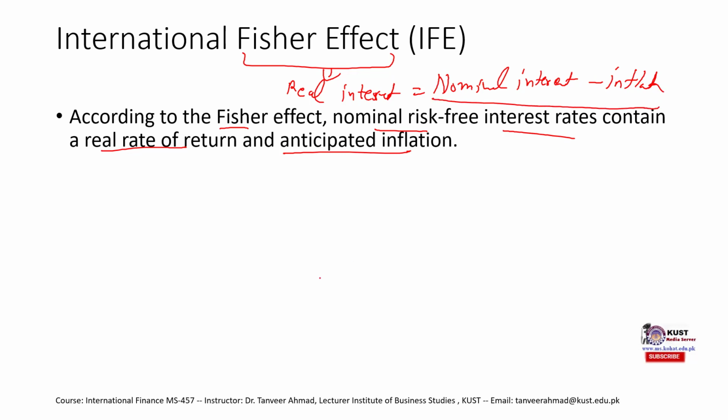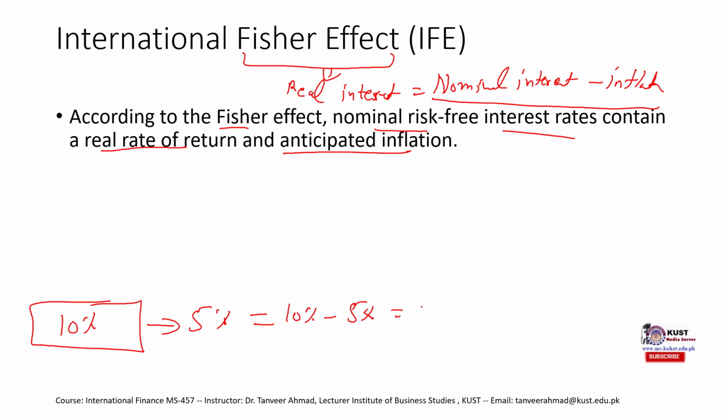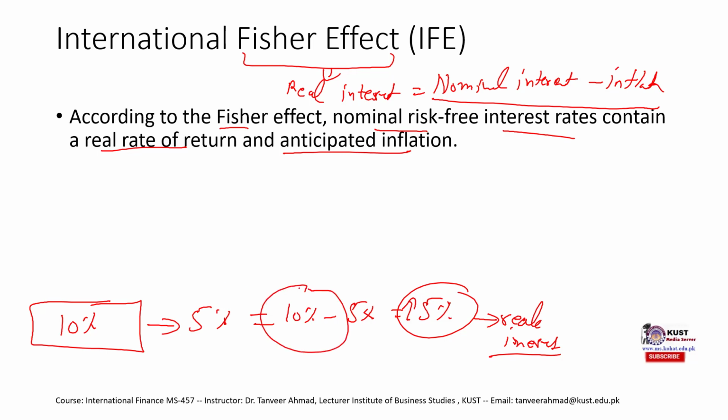So what this means is that, let's say an investor earns 10% interest, but in that specific country the inflation is say 5%. Then the actual increase in purchasing power, or the actual return for the investor, is the nominal interest minus the inflation, which would be 5%, right? This remaining is the real interest that the investor is earning. So the investor's purchasing power would just increase by 5%